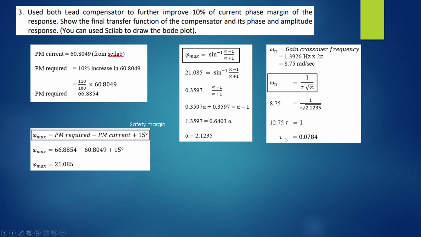After that, we use the gain crossover frequency formula, and we can find the tau value by substituting the gain crossover frequency. But first we need to change the gain crossover frequency into the unit radian per second in order to find the tau value. So for 8.75 radian per second as the gain crossover frequency,